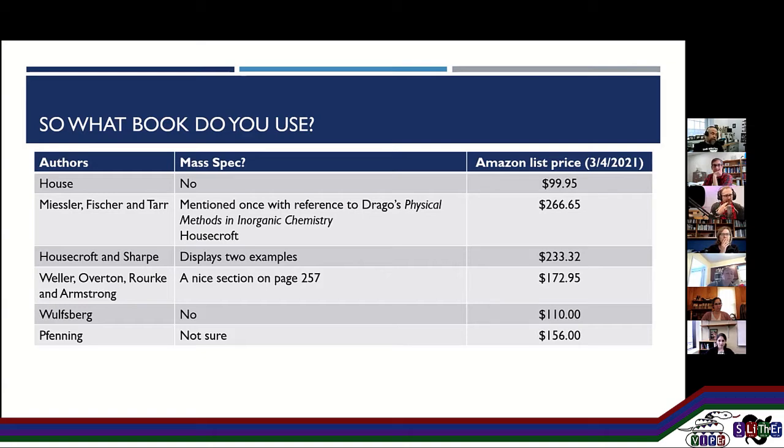So not a lot of these textbooks have much on mass spec, and if they do, it's really brief, like here's a mass spec. It doesn't have any of the here's how the instrument works, what you can learn from it. And of course, another aspect of this is you can see the prices. This is just off of Amazon. These books are pretty freaking expensive. When $100 looks attractive,